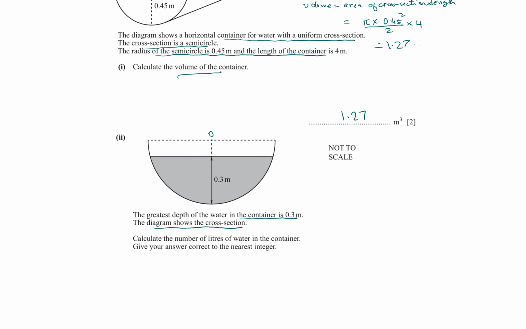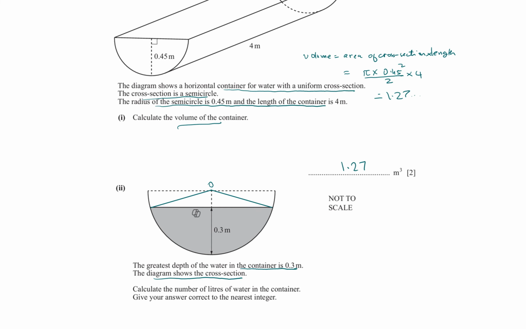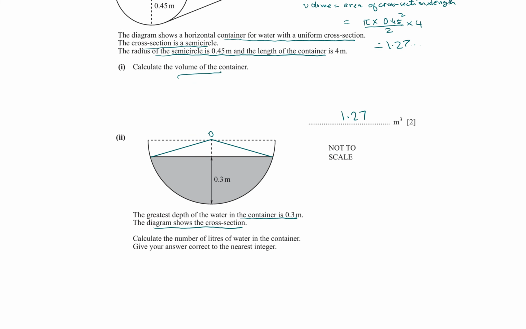And then, if I join these, sorry. So then this is the radius, isn't it? This is the radius we've been provided, 0.45. So this is 0.45, 0.45. So our challenge is to find this area. Now I think this area is equal to the cross-section area. The shaded area is